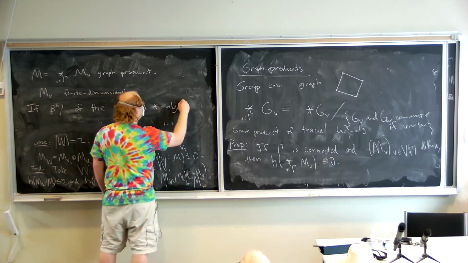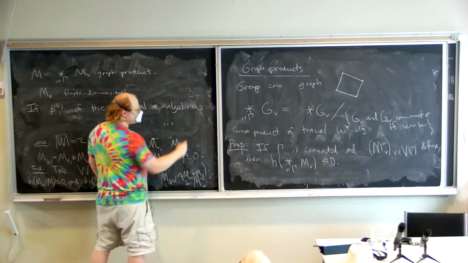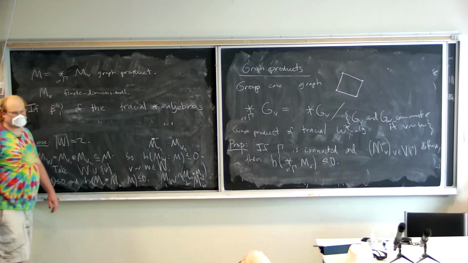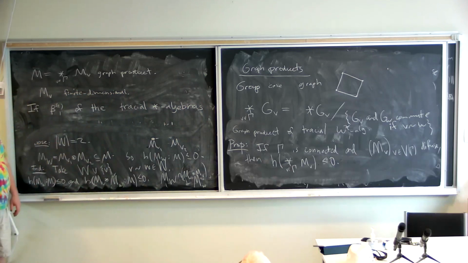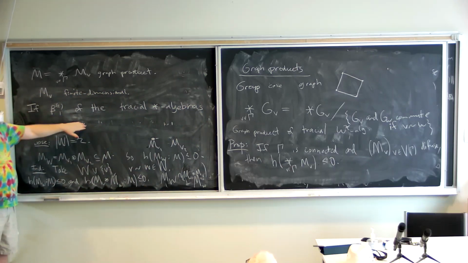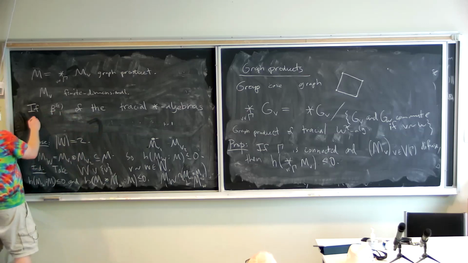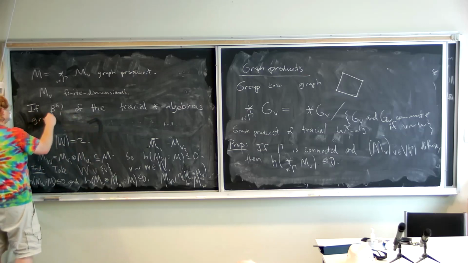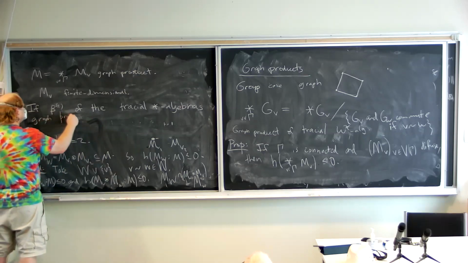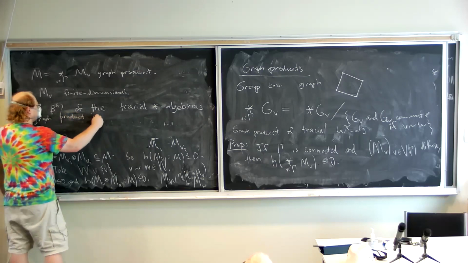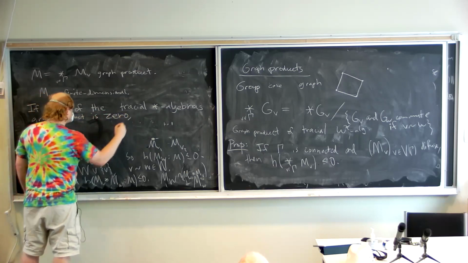and so then if the first L2 Betti number of the, okay, so I don't know if you know about L2 Betti numbers or not. It's basically like some cohomology thing for groups that generalizes to algebras. And here I want to say that the Betti number of the tracial star algebra graph product, if this is 0,